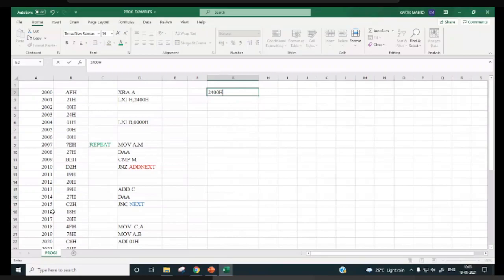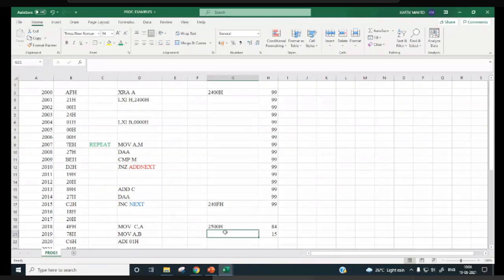In these locations you fill 99 everywhere. And check whether at 2500H how much result should be there? 84, right? And here how much should come? 15. You check this, okay? Yes sir. Right.